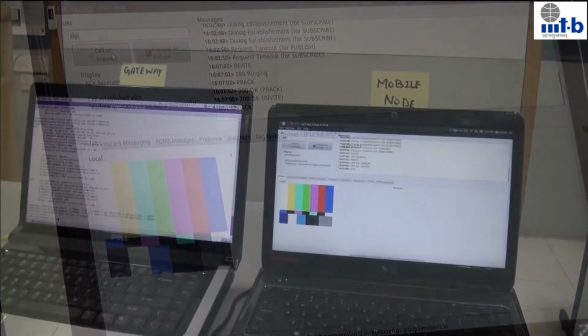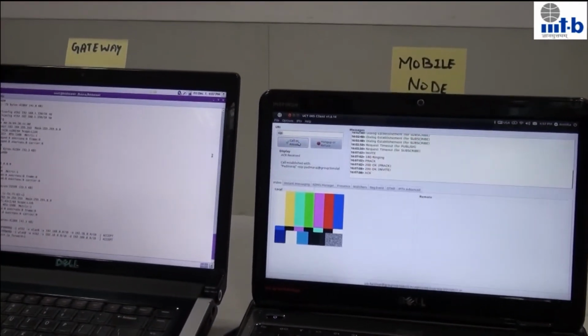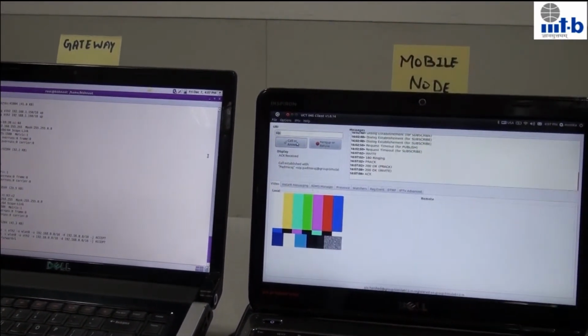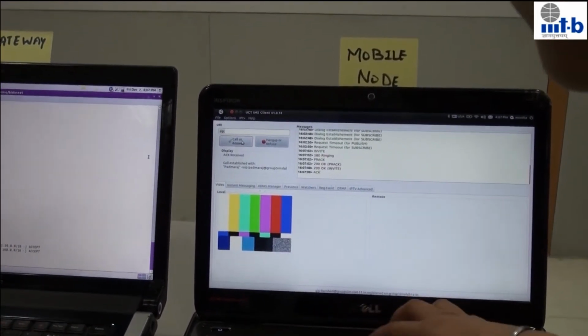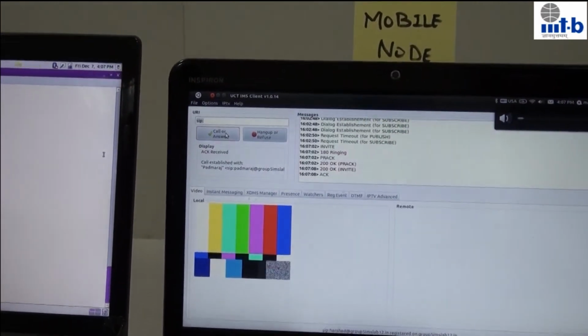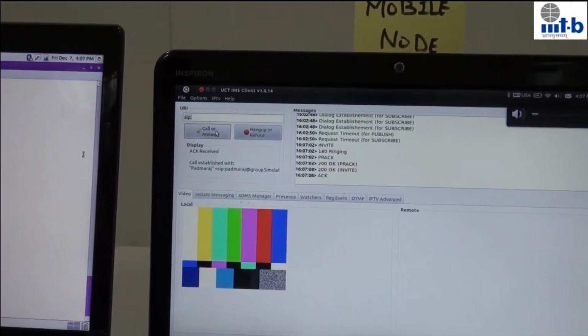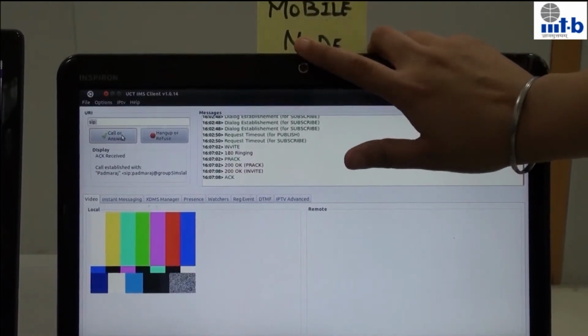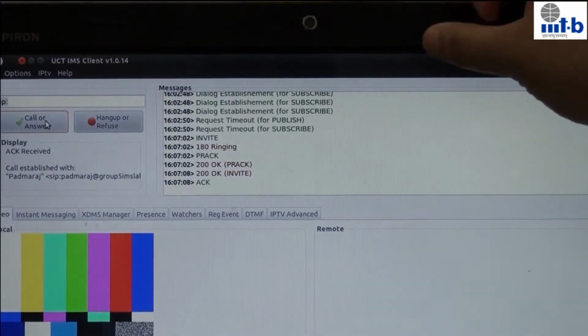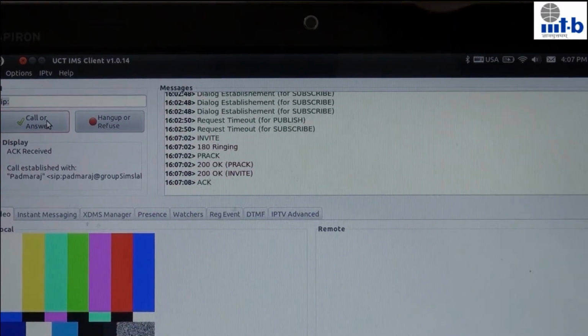So you can hear me talking on Harshad's laptop. Now I'll increase the volume of Padmaraj's system. We are able to hear. So the call has been successfully established.